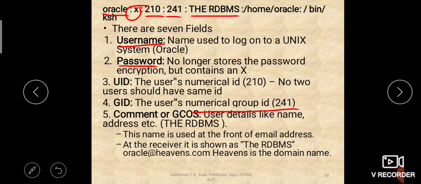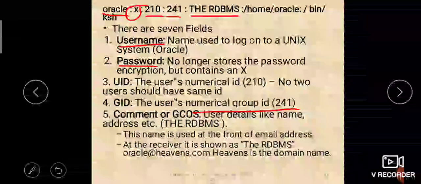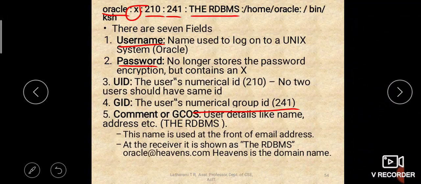The next field is the RDBMS, which is a comment. User details like name, address, etc. will be stored there. So here it is the RDBMS. This name is used at the front of the email address. Whenever you receive an email from any person, their name is shown in the first column, right?